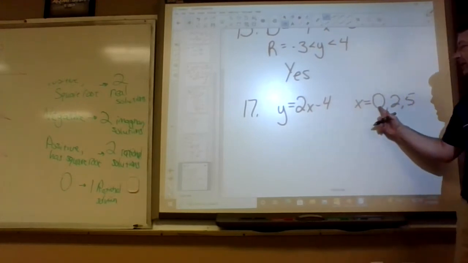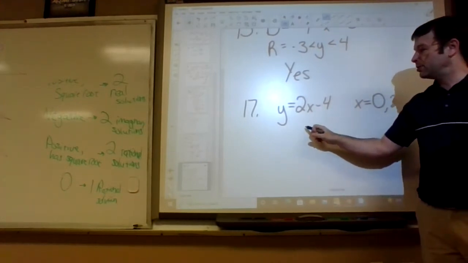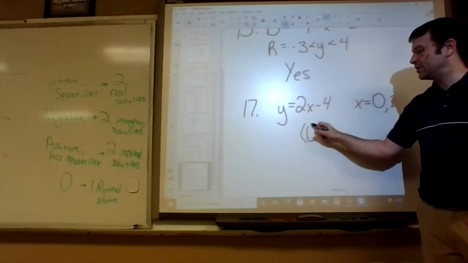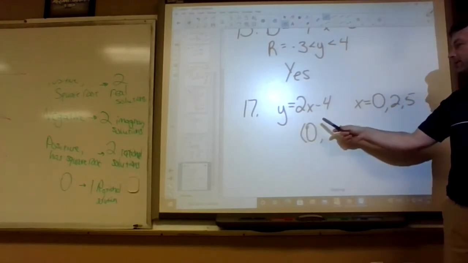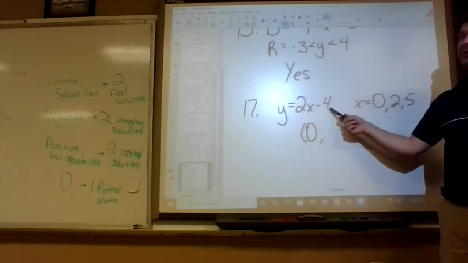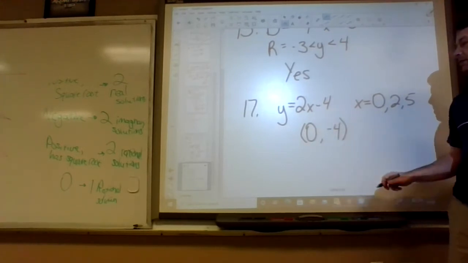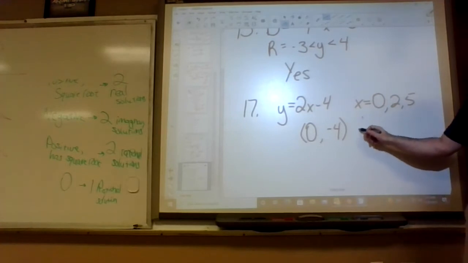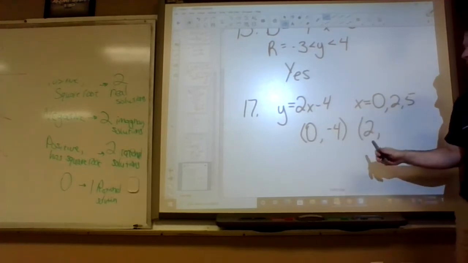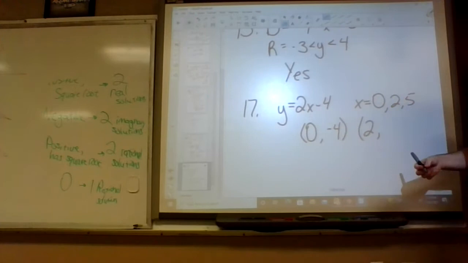So they give us a domain, x is 0, 2, and 5. So if x is 0, what's y going to be? 2 times 0 minus 4. Negative 4. If x is 2, 2 times 2 minus 4,